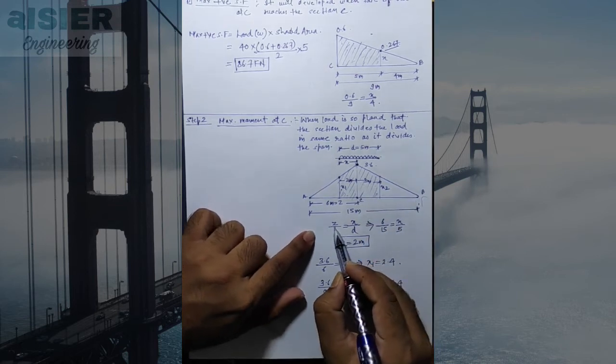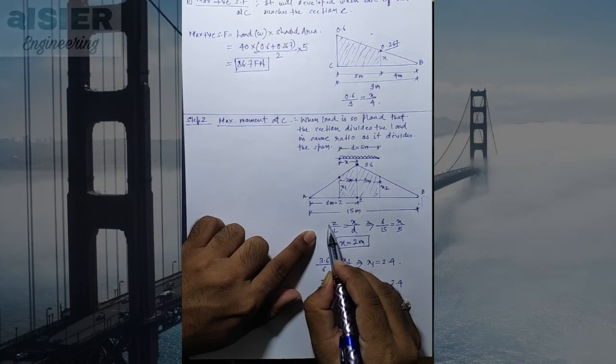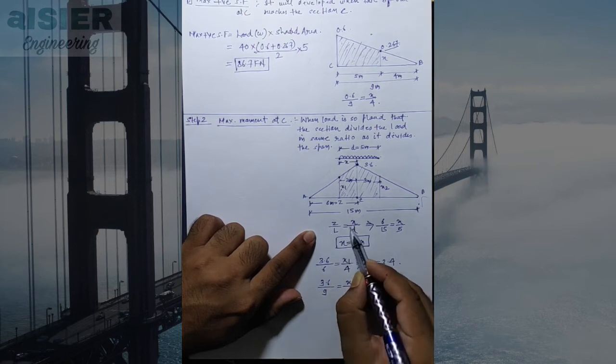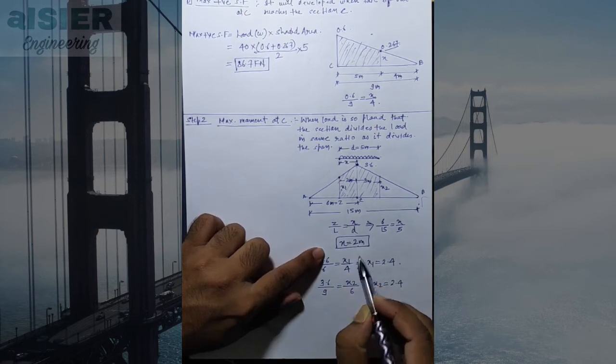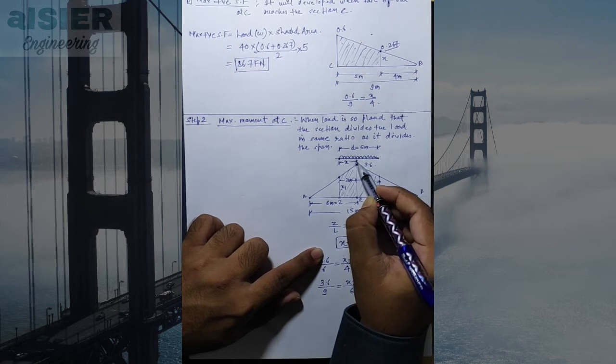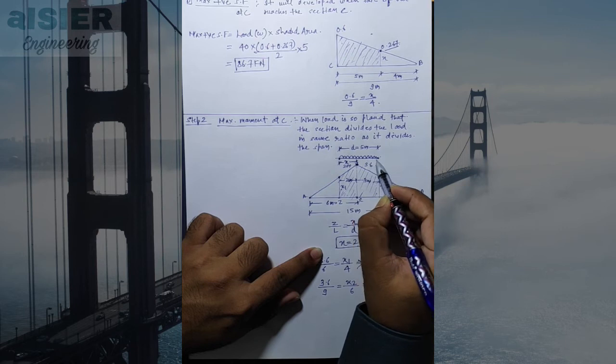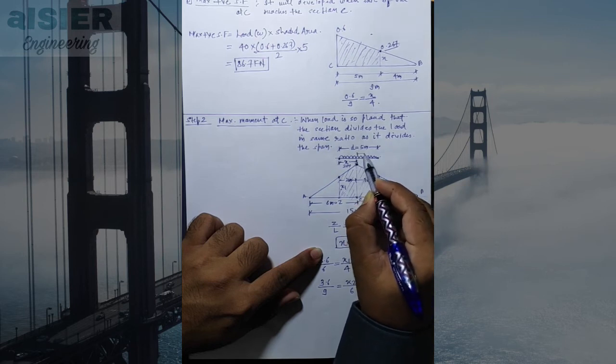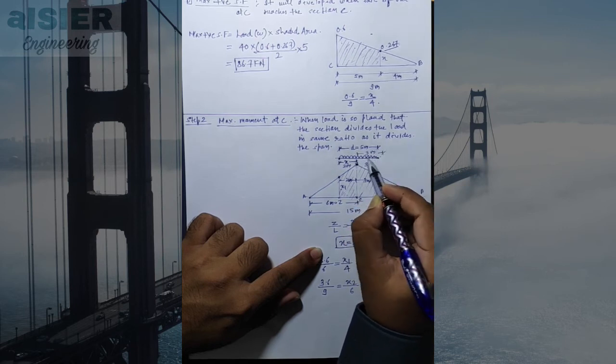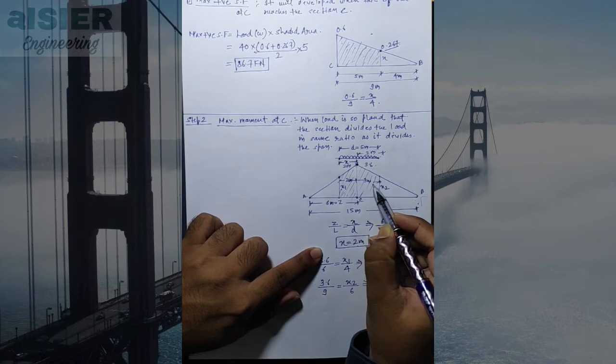To do this, we found the ratio Z by L equals X by D, and from that we calculated this X. So we have this X now. X is 2. So if this is 2 meters, this will be 3 meters, right? This distance is 3 meters. So we got these distances now.